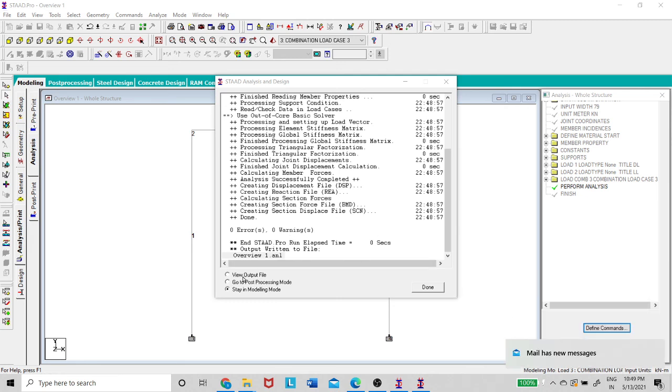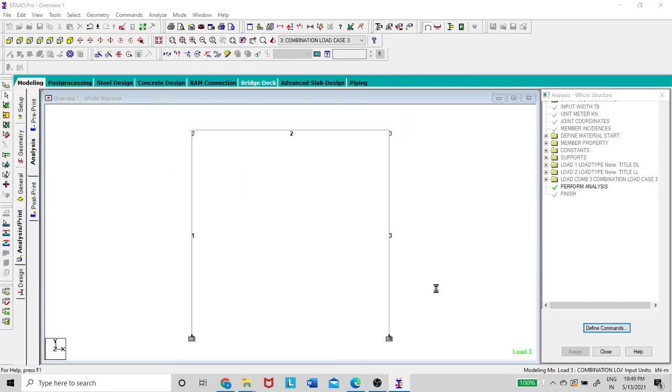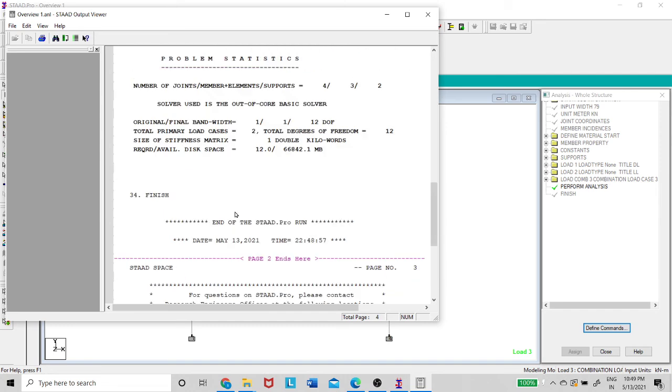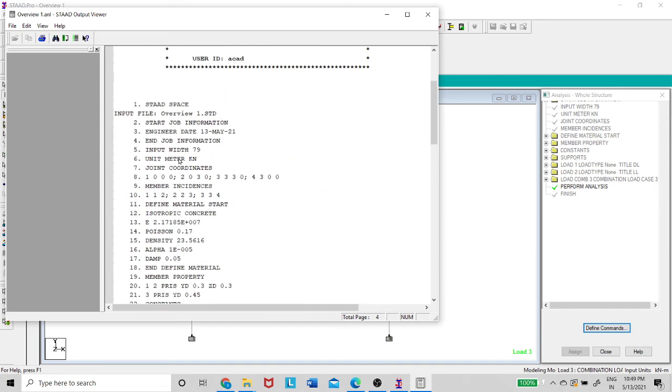If you want to see the output file, you can, otherwise stay in the modeling mode. Suppose you click view output file, done. So the output file is created. In the output file, I had set no print, so only the input commands that were given are there.